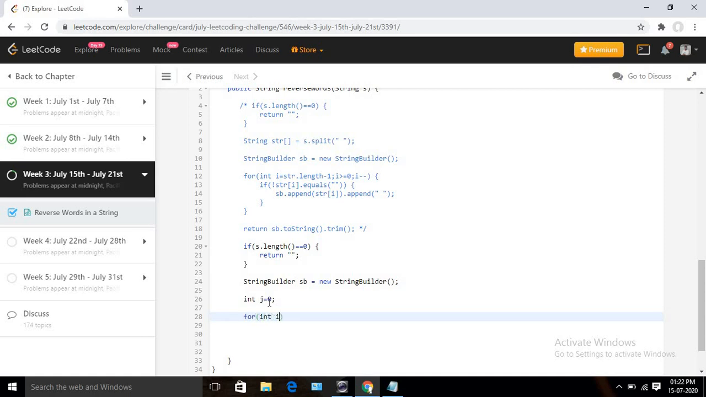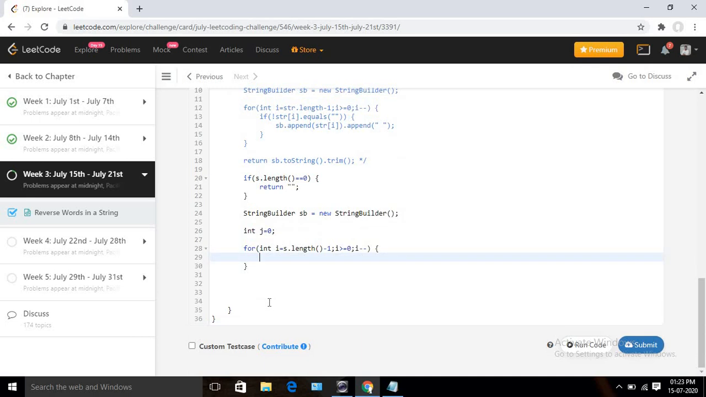I'm going to run another for loop, int i equals s dot length minus 1, and i should be greater than or equal to 0. The logic will remain same, and I need i minus minus. Now I need to check if s char at i